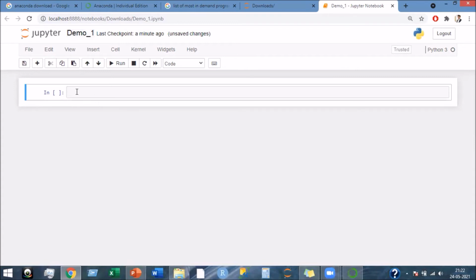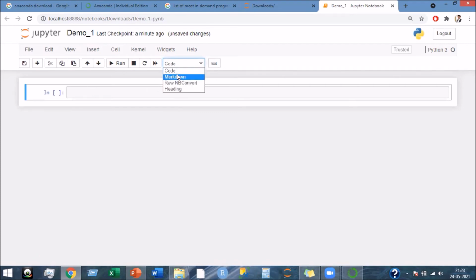Here is a cell where you're going to write your code. You can always convert it to Markdown, where you can write text to give an idea about what code it is and what exactly you're doing. I'm just going to show you. These are the only two options you will be using more often. Don't bother about the other two. As and when you go to the advanced level, you might use them, or you can just stick with these two.